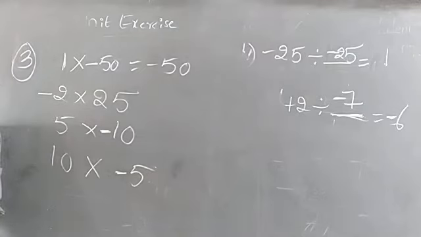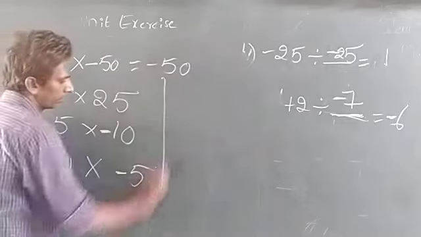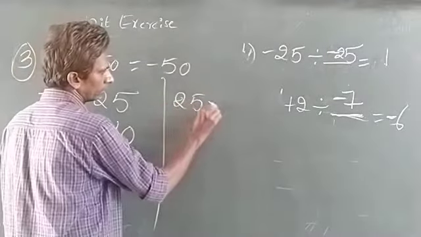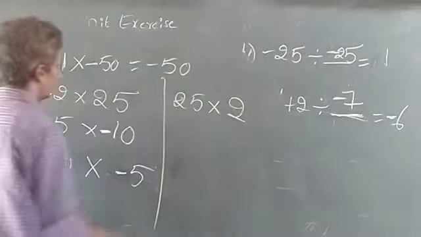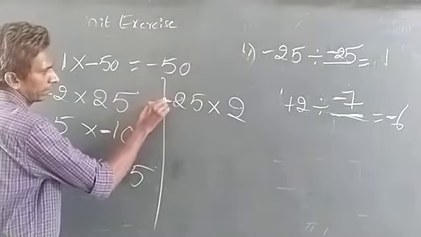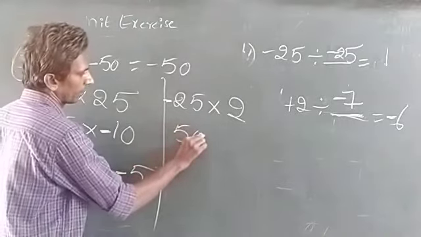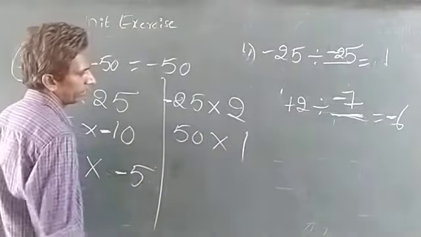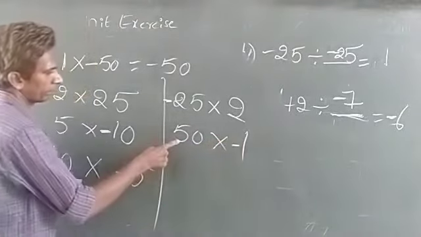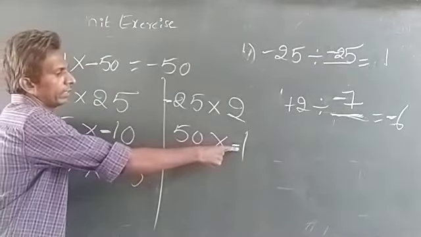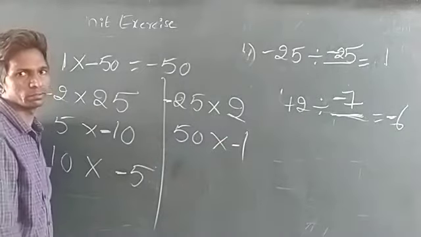Next 11, 12, 13, 14, 15, 16, 17, 18, 19, 20. It will not go. It will go with the 25s. 25 2s. Now you want to put the minus here. Next to 50, 50 ones. Again 50 ones. You want to put the minus here because here it is written as minus 50. So you want to take 50 into minus 1.